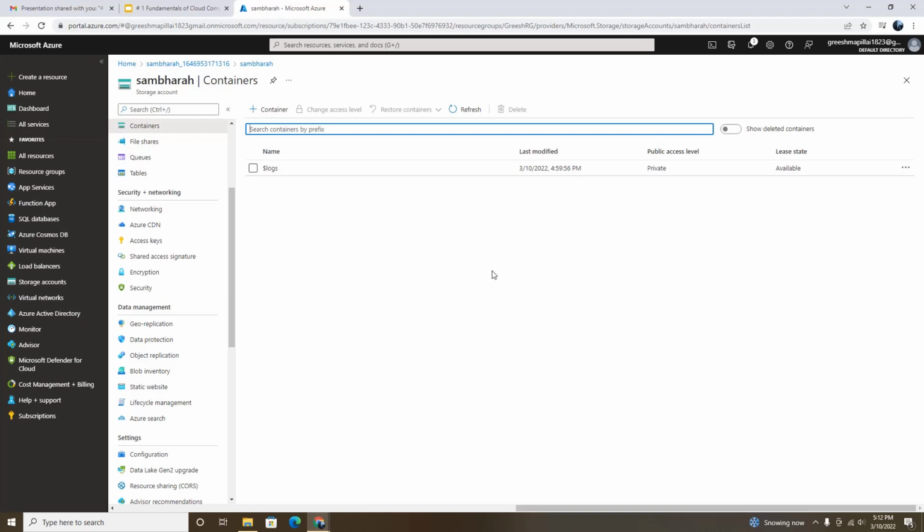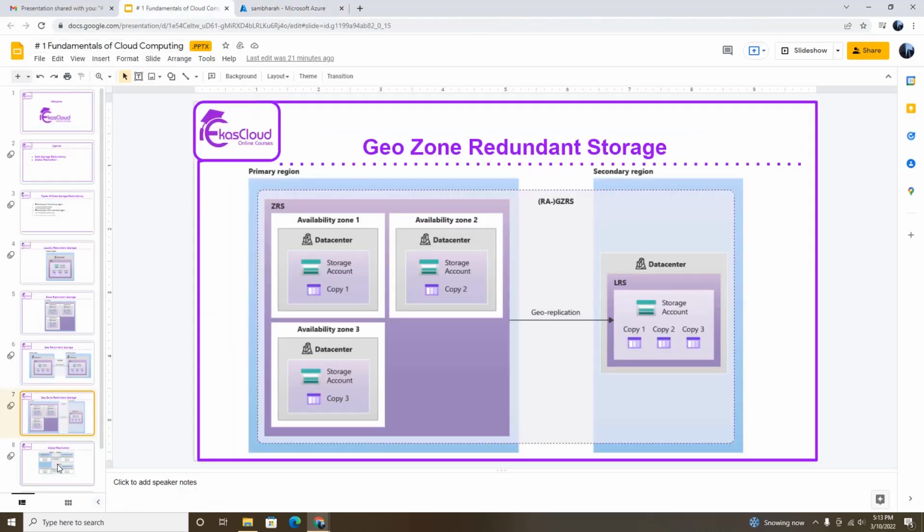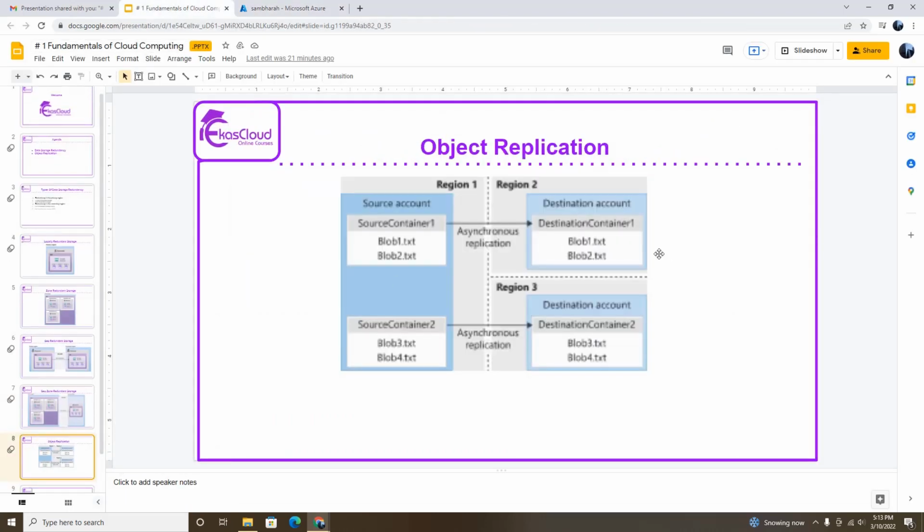In my previous video, I explained about the Azure redundant storage. Now I'm going to discuss another similar service available in Azure, which is called object replication. Object replication is a service where we can asynchronously copy block blobs between a source storage account and a